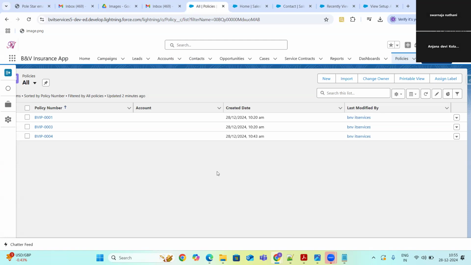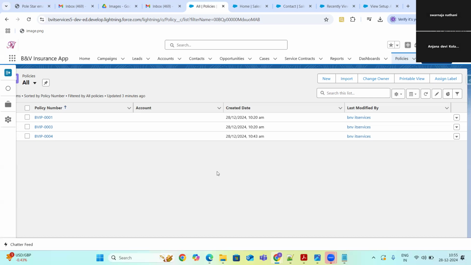They'll not tell you master detail, guys. They'll just tell you the requirement saying that, as soon as I delete the account, all my policies records also should get deleted. If the account customer itself gets deleted, then why do you keep policies information of that customer? Then immediately we will strike up the option of master detail.